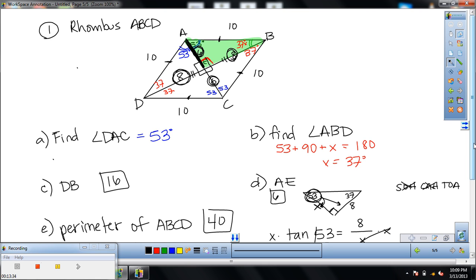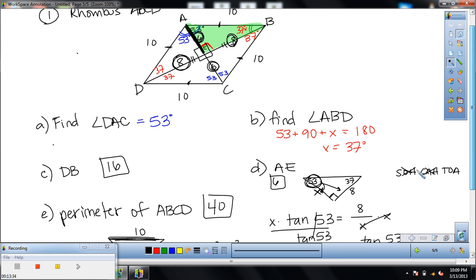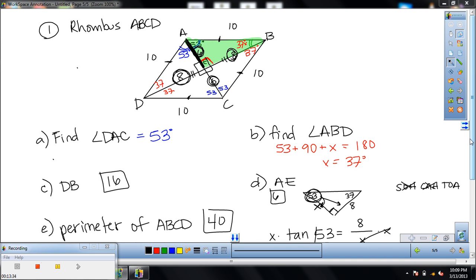So we're going to see a lot of different applications of the rhombus because we do have this right angle component of a rhombus. We do see a lot of the review from what we just did in the last unit with our trigonometry and with our Pythagorean theorem, and even sometimes with our 30, 60, 90 triangles or our 45, 45, 90 triangles. So be on the lookout for those properties. When you seem stuck, think back to what do I know about a right triangle. So make sure you have the properties, the notes, and the examples in your notes